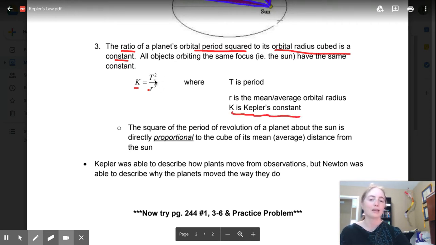So if you take the period of any object that is orbiting, say, our sun, square that, and then take the radius, cube that, divide them, you're going to get the same value. The key piece is that they have to have the same focus. So that would mean that Earth, Mars, Jupiter, Pluto,